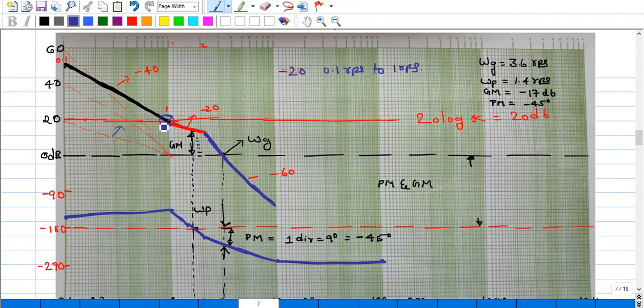So how do we obtain this point? Based on the 20 log K, we obtain 20 log K as 20 dB. For that 20 dB we have drawn the 20 log line, and that particular line will intersect 1 RPS. So this is the 1 RPS line, and that point will be the reference. We'll keep our scale and draw a line parallel to this minus 20 dB per decade. I hope you understood.